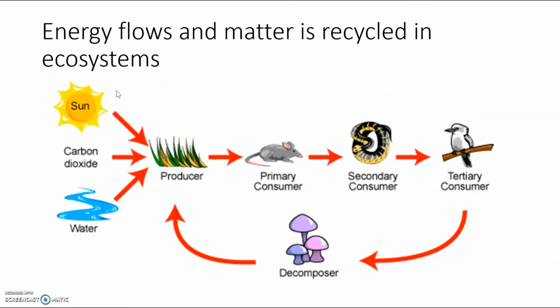So in a minute we'll talk more about how energy flows, but what you should know now is that energy flows in and then leaves the ecosystem again. It enters as sunlight, and it exits again in the form of heat. Matter, on the other hand, stays in the ecosystem and is recycled.